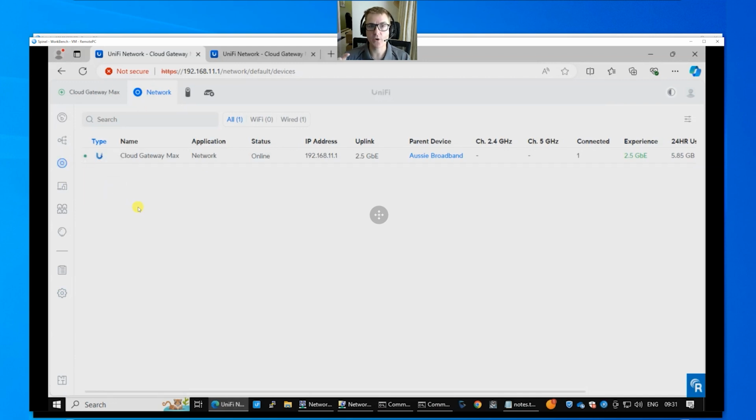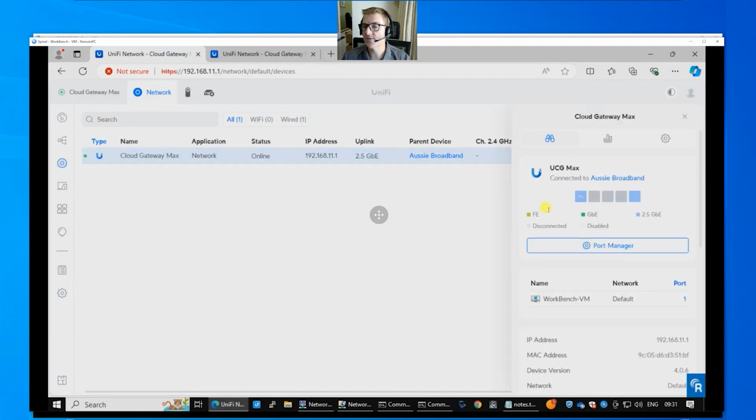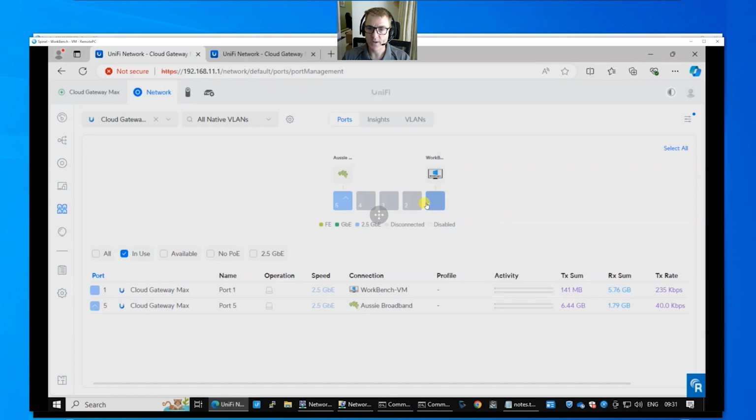So we're going to show you some of the speed test options, as we've seen, out of the box. We're in UniFi Network. We've chosen devices. We can see our device here, and we can choose this. This gives us our interfaces. What you're really looking to see is this actually showing at 2.5 gigabits a second on your LAN port and your WAN port. If it's not, then there are some options in your port manager here that we can actually